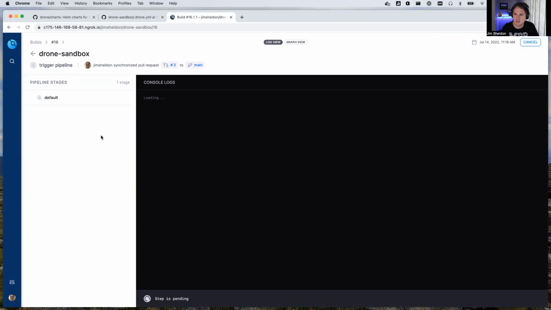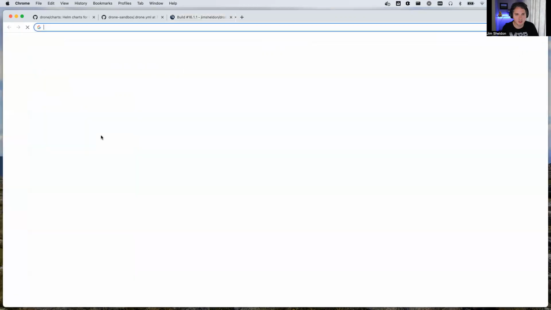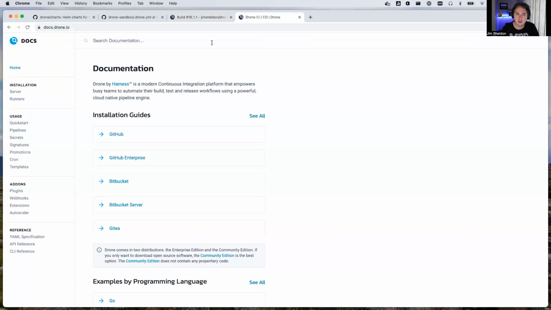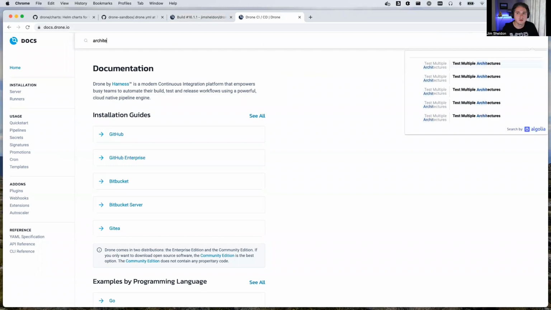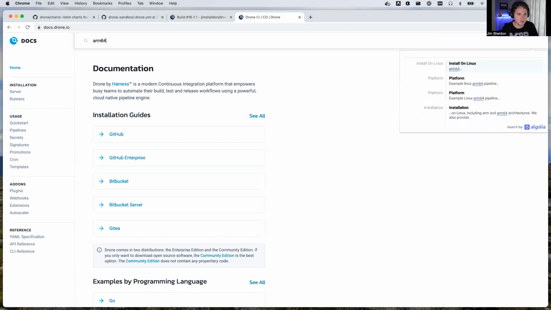So I've seen this a couple times before in some questions in the community where pipelines sit here not executing, and that's usually the reason behind it. It's usually one of two things: either labels like this or architecture. So Drone supports, let me see if I can find the documentation really quick. Yeah, the search is not super. What if I look for ARM64